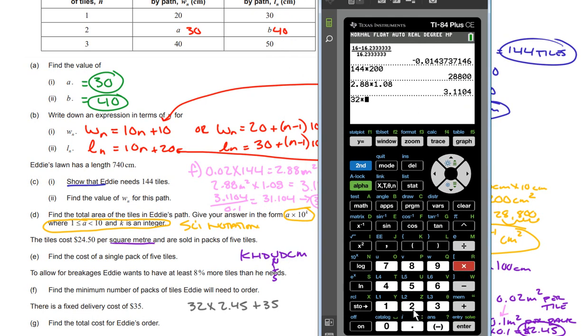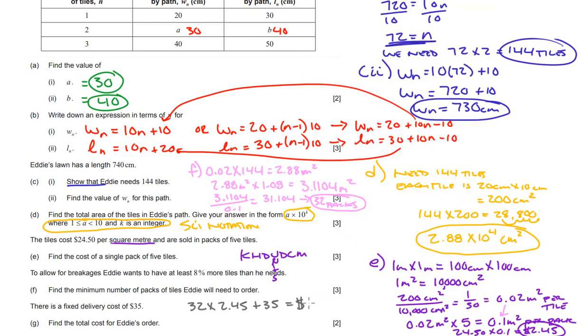32 times 2.45 plus 35 gives us 113.4. So it's going to cost $113.40. I like that as an answer, but really officially, if we're rounding it off to three significant figures, $113 is our answer. So I probably should not have circled the original one and then left it like this,